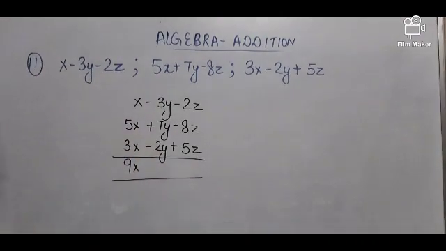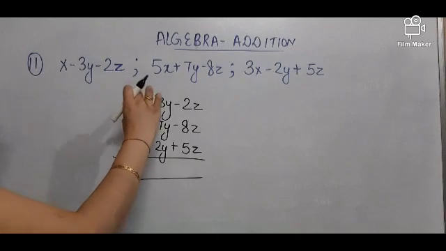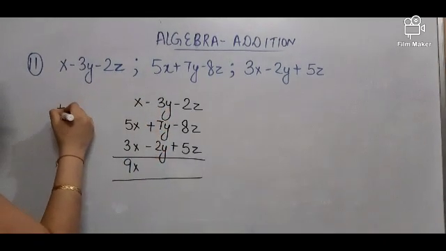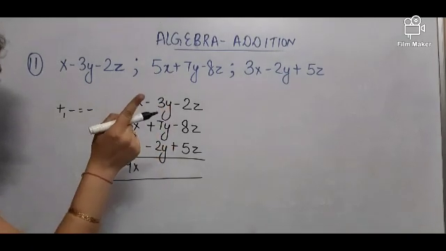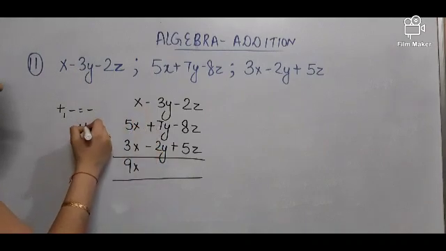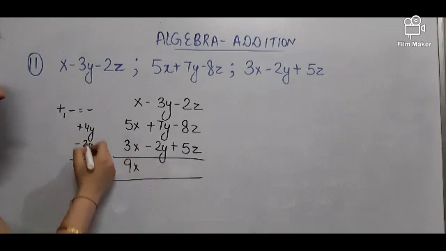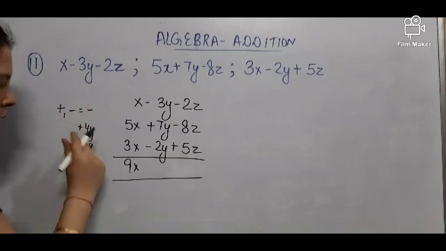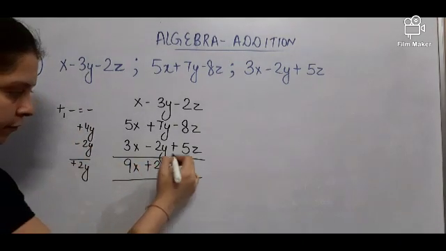Now here see, first consider first two terms. One is positive and one is negative, so one positive and one negative is negative. So 7 minus 3 is 4, and 7 is preceded by positive sign, so we have positive 4y. Then we have minus 2y, so positive and negative, negative, so 4 minus 2 is 2, and as 4 is preceded by positive, so we get positive.